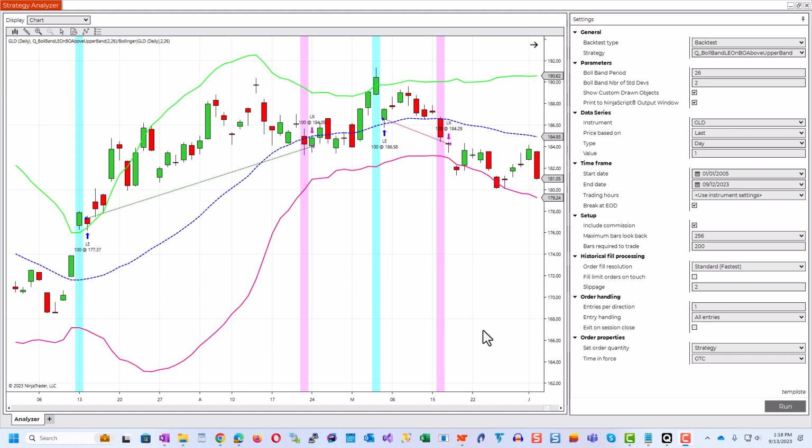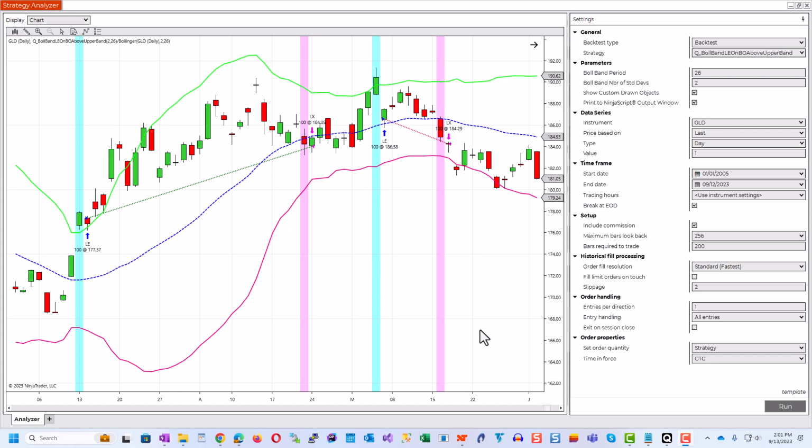point-and-click NinjaTrader strategy from our website at quagentia.com and how you can build it completely without code using point-and-click in Quagentia and Edition. This point-and-click strategy is a trend-following strategy that goes long when the close price crosses above the upper band of a Bollinger Bands indicator and exits when the close price crosses below the middle band of a Bollinger Bands indicator. Let's get started.